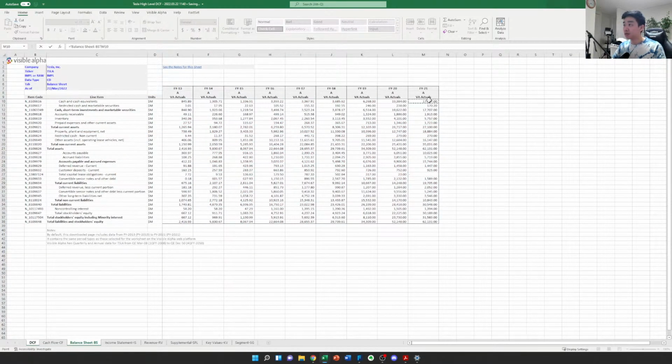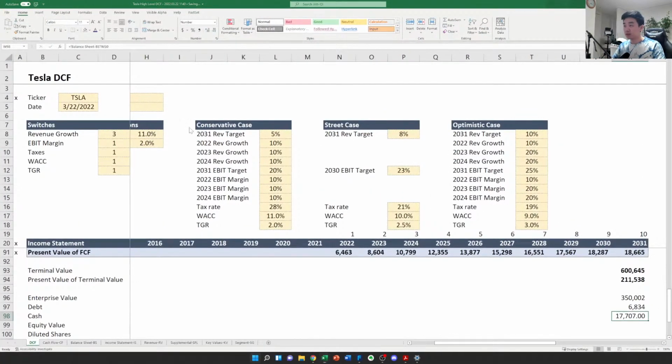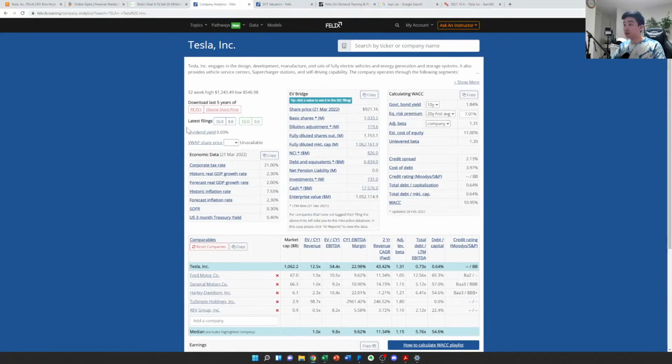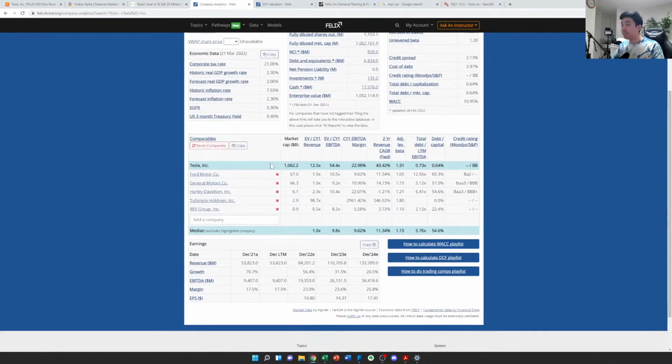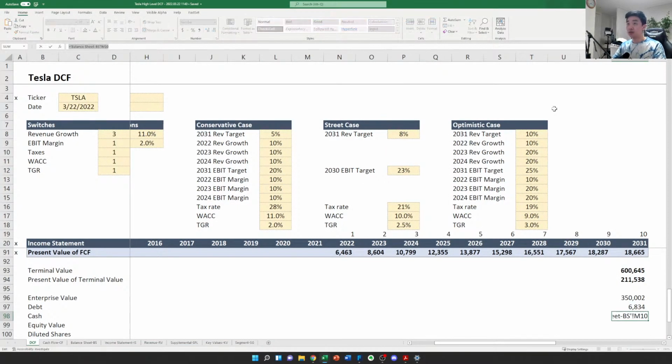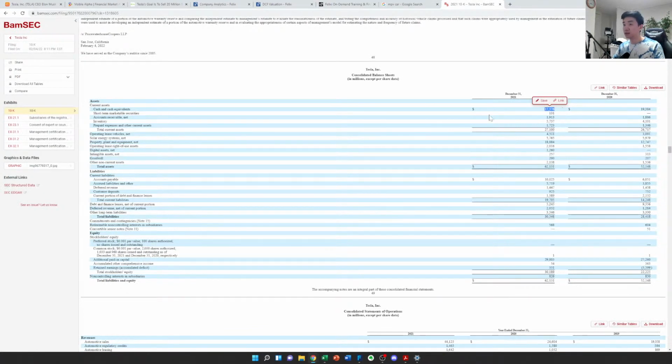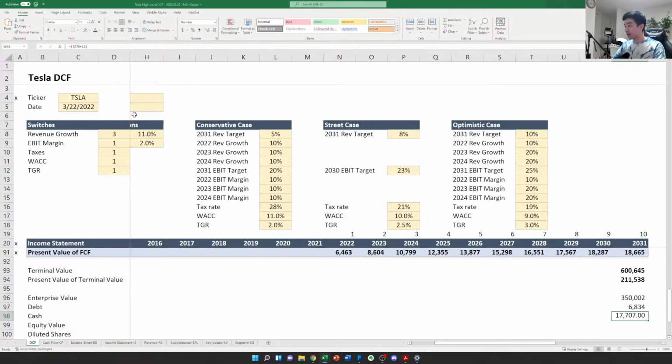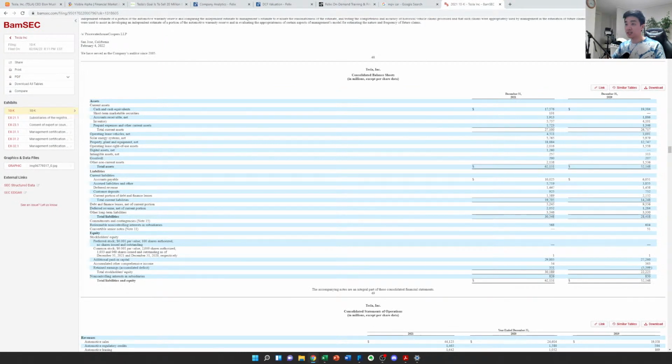Cash and cash equivalents. Let me actually go into their filings. So current assets, 17 plus their marketable securities. So it should be 17,576 plus this 131. So this short-term marketable securities is like cash that they have, or investments that they made that are easily sellable. And then we saw here current portion of debt and finance leases 1589